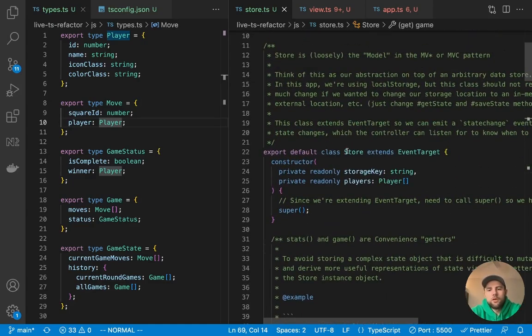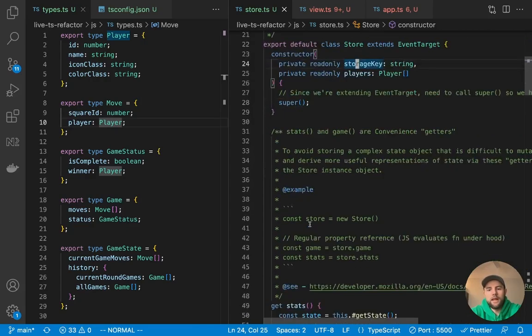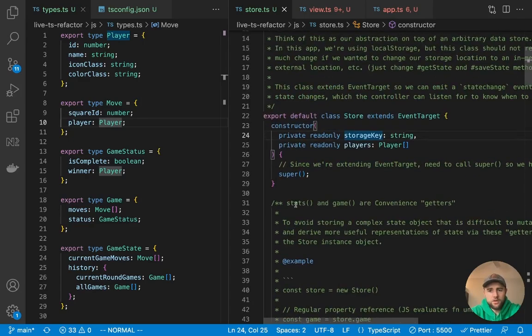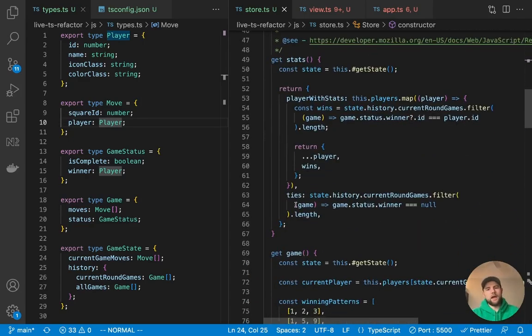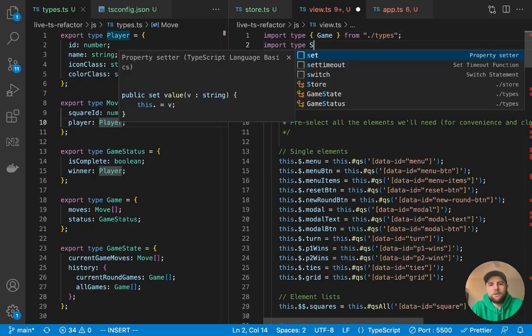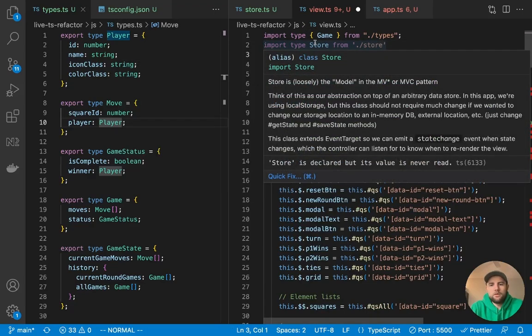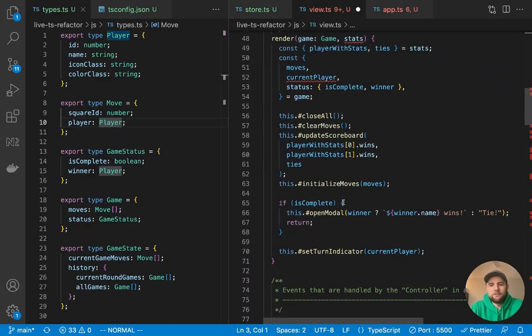And furthermore, the store class has an inferred type that has all of the methods on it. So something that we can do is derive types from other types. In this case, since we don't have a stats type, what we can do is go back to the view and import type store from store, and that will give us the store class that we had defined.